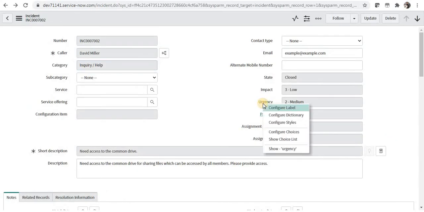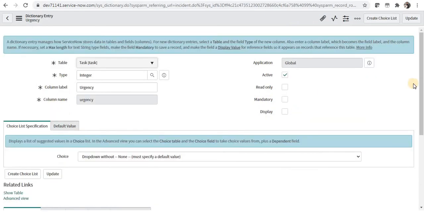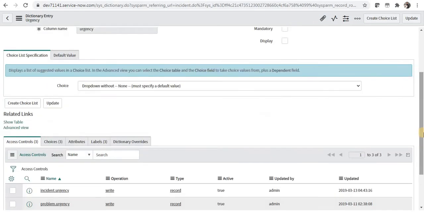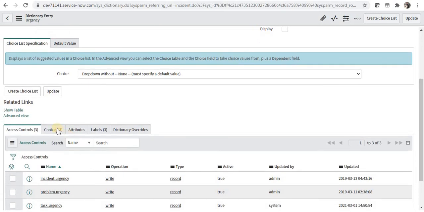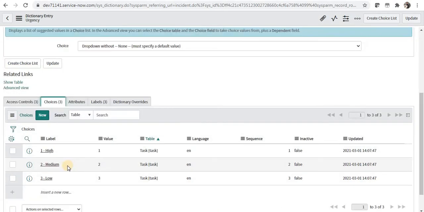I will right click on urgency and go to configure dictionary, and I will scroll down and check the choices which are available. I will be using only 2 medium and 3 low, so I don't want anyone to raise a high incident or a higher priority incident or urgency from my record producer form. I want that limited only to the native form. For that, I will just copy 2 medium